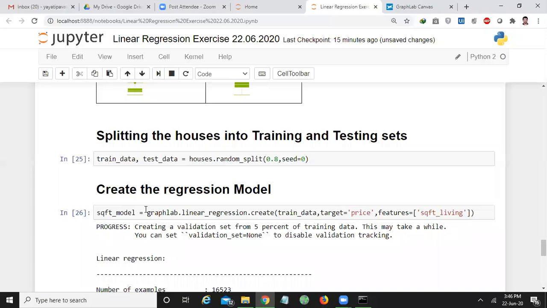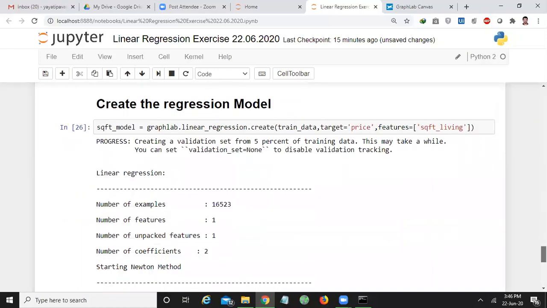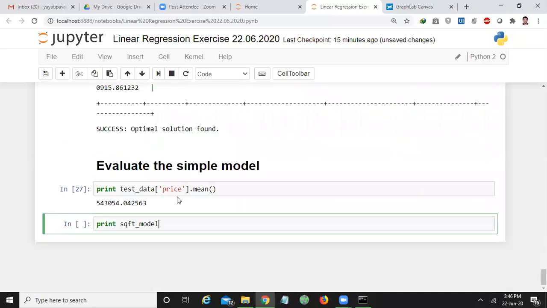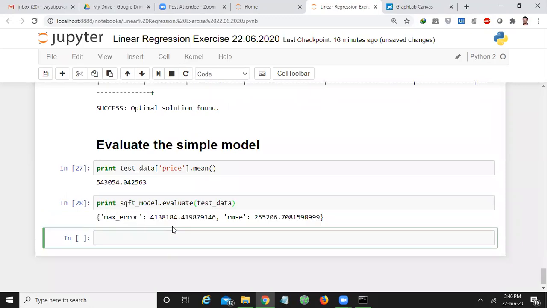So here we are creating the regression model, and now we are evaluating that model by considering the testing data price mean. For that I use evaluate test underscore data, shift enter.